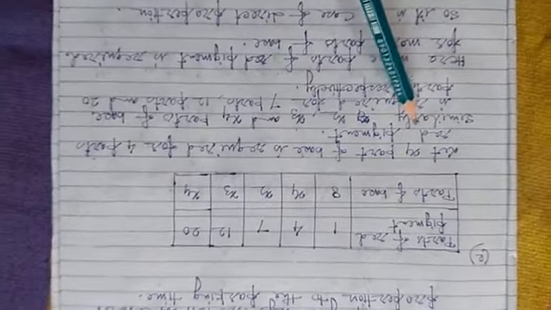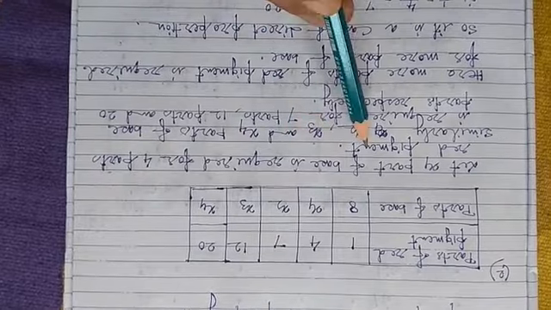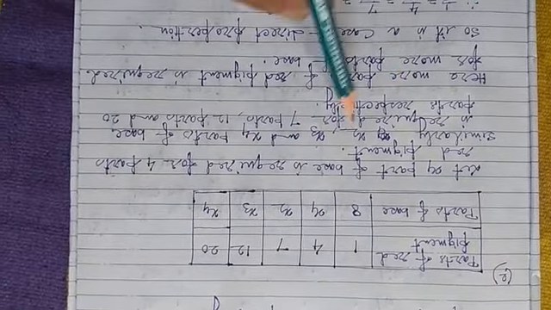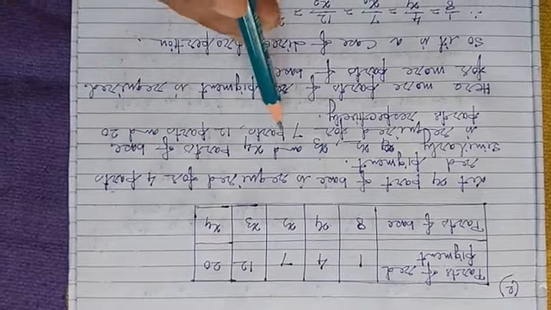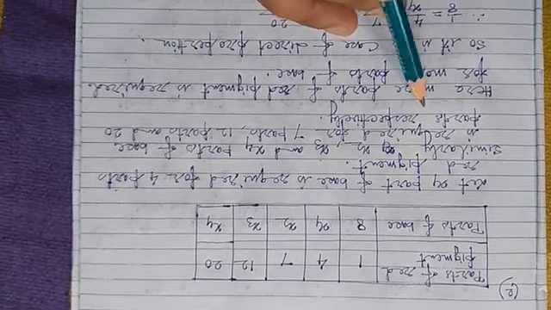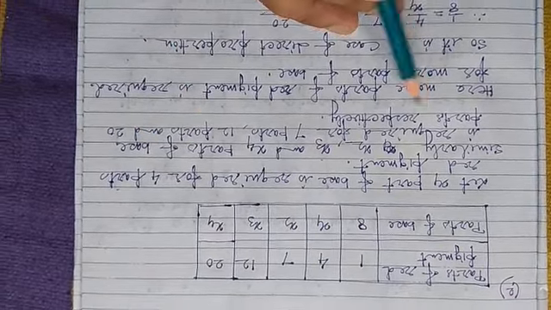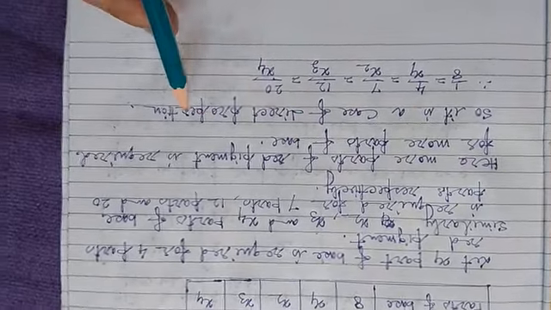So let x1 part of base be required for 4 parts of red pigment. Similarly, let x2, x3 and x4 parts of base be required for 7 parts, 12 parts and 20 parts of red pigment respectively. So here more parts of red pigment require more parts of base. So it is a case of direct proportion.